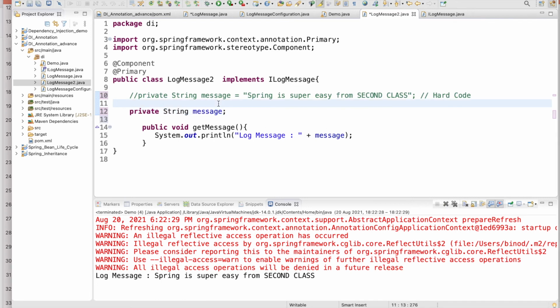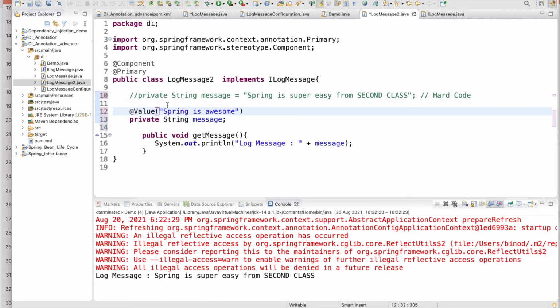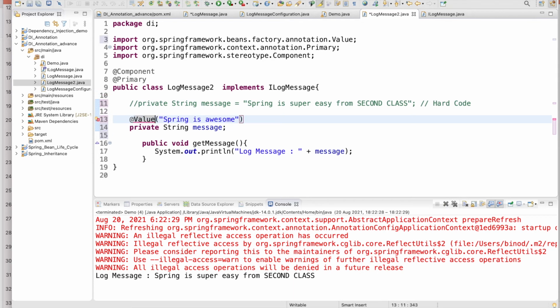And then you can use any message here with the annotation of the value. Let me show you what I'm saying. I use the value here, import, and then I gave the message. You can see the default message, right? It is still a kind of hard code, but this is another way you can do it in the case of the Java annotation, right? Now if you run this, the message should come, it will be assigned to this one, right?